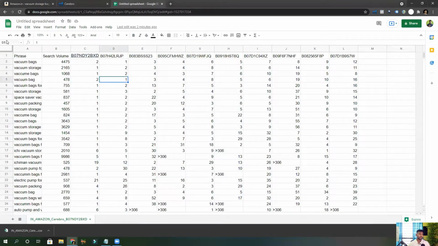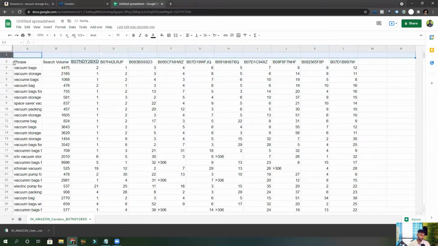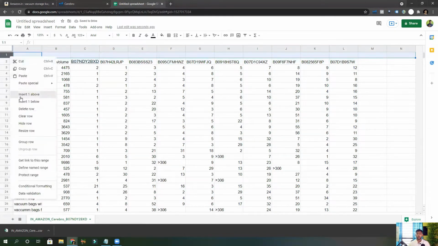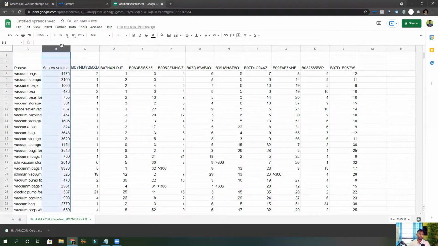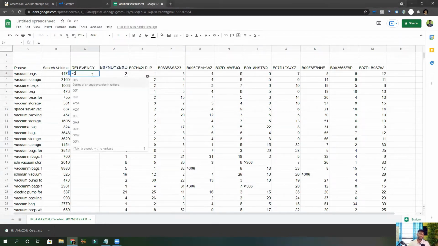The next thing that I'm going to do is add a few columns at the top. So insert above, then plus, I'm going to add a few columns here. Now this column will be relevancy, because we want to know how relevant the search term actually is. We can't tell anything by just looking at the search term and search volume, because there might be search volume, but that doesn't necessarily mean that it has sales. So now what you have to do is use this formula, equals COUNTIF,